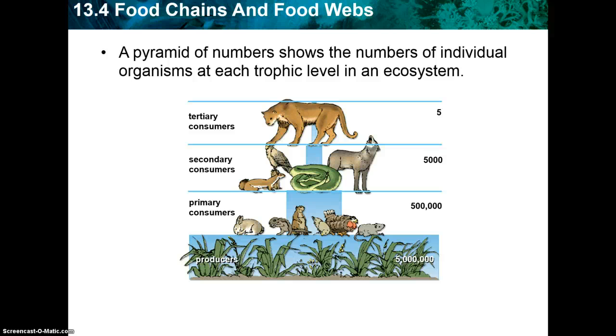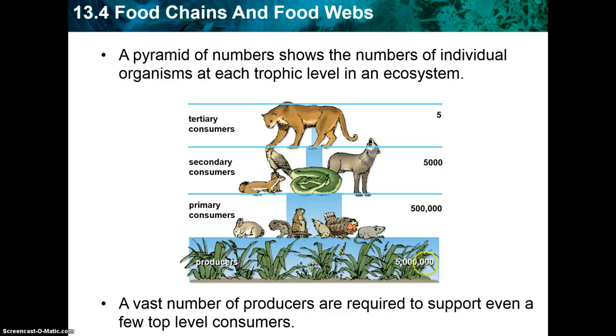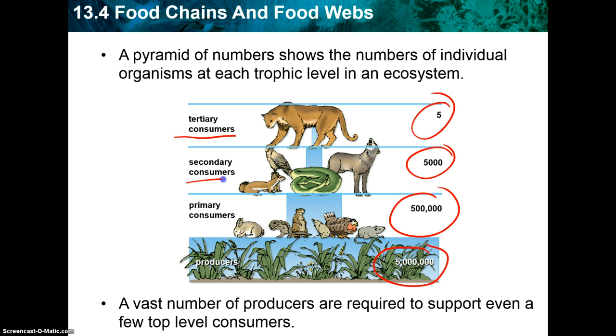This is a pyramid of numbers. So it is going to show you the numbers of organisms combined at each level. That's what these numbers are: tertiary consumers, secondary consumers, primary consumers, and producers. A vast number of producers are required to support even a few consumers at the top. So we have a few up here, but we need a whole lot more